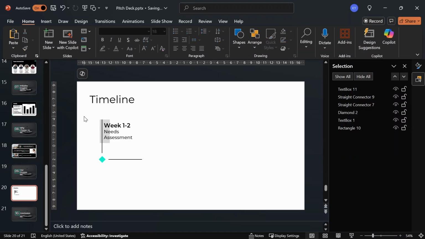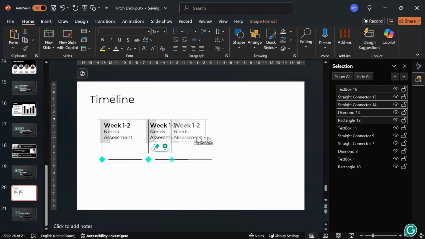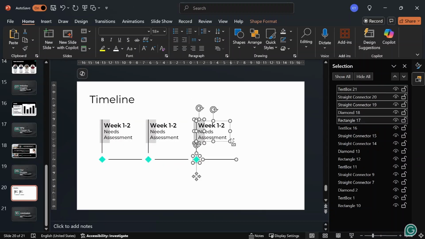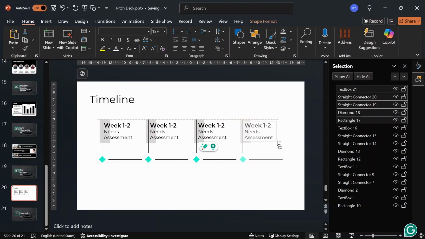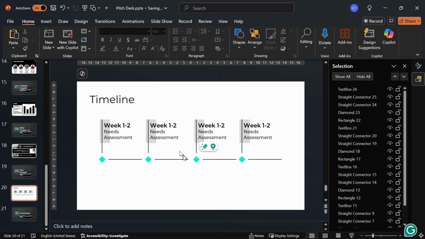So I'm just going to grab this entire thing and then hold Control and Shift and drag. Once again, Control and Shift, drag. Let PowerPoint guide the way. Once again, Control and Shift, drag. So now that we know that everything is, let's hope, fingers crossed, perfectly aligned, we're going